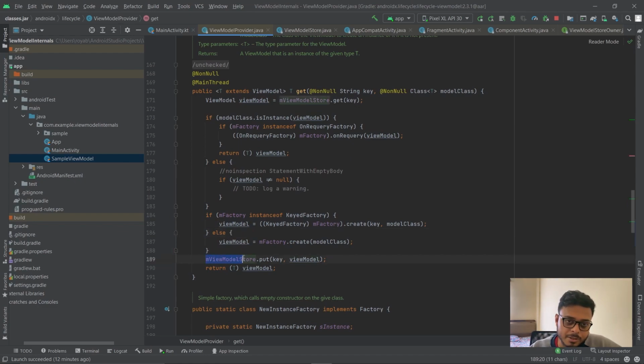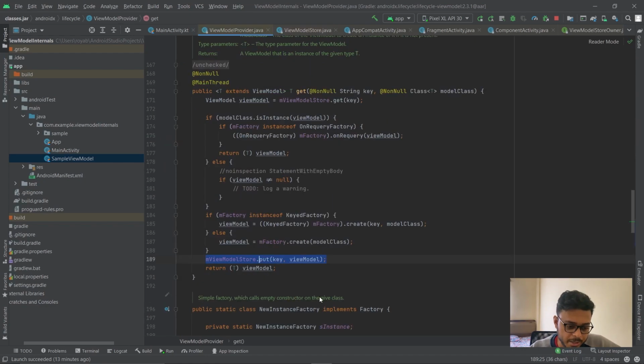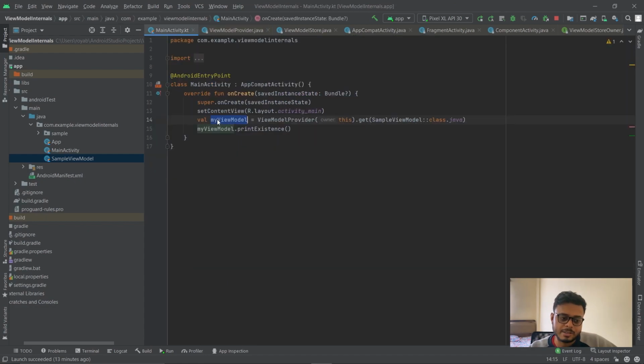Once we have the view model instance, in that case we call this view model store.put method, right, which we previously saw, which has the hash map inside of it, and then it puts the key and the value inside the hash map, right? So we put it in the view model store so that the next time the main activity requires it, we can directly get it from calling this method, right? So next time we call it, we will directly get it from the hash map using this same key, right? So then we pass in the view model as a return type for this function. So once we pass that in, we get the view model instance over here, and after that we normally go on. So that's about it.